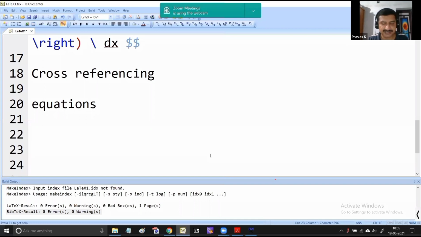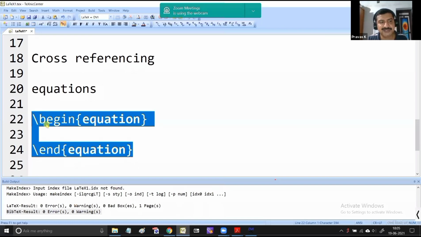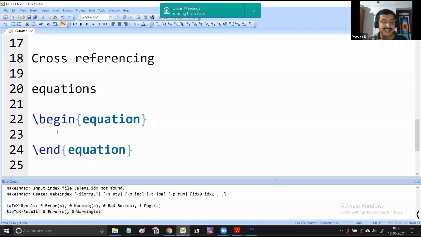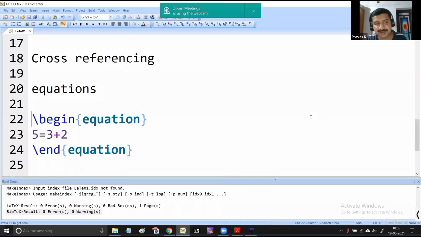You just tell the LaTeX that you begin an equation and end an equation. So what you have to type? You have to type \begin{equation} and \end{equation}. So whatever you type in between, LaTeX takes it as an equation. For example, if I write 5 is equal to 3 plus 2, this is an equation because it involves the equal sign, right? So if I process this, LaTeX identifies that this is an equation,